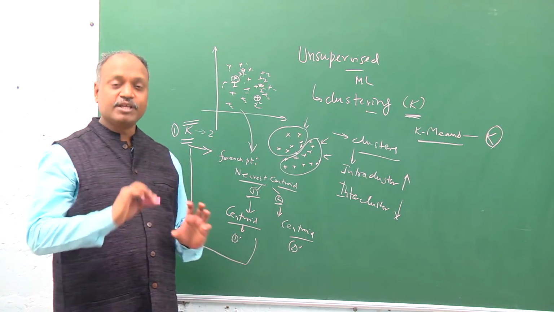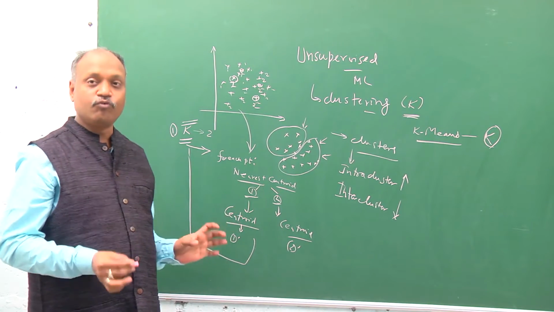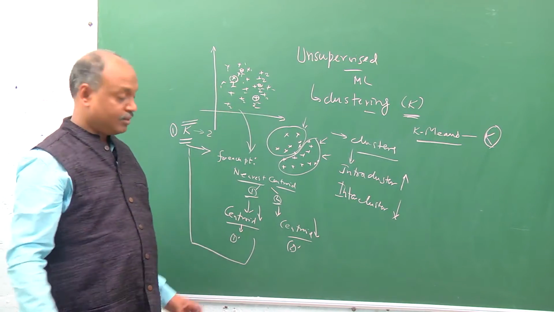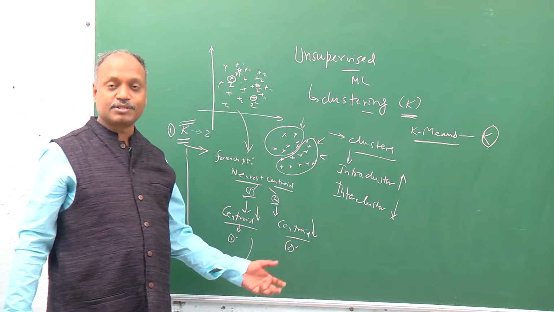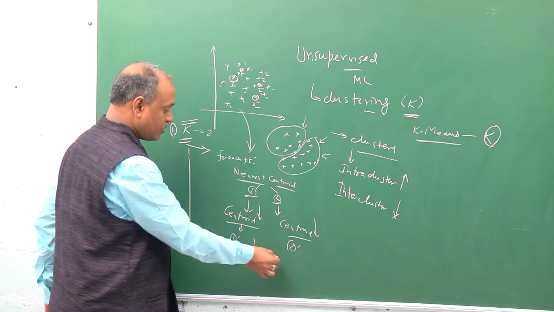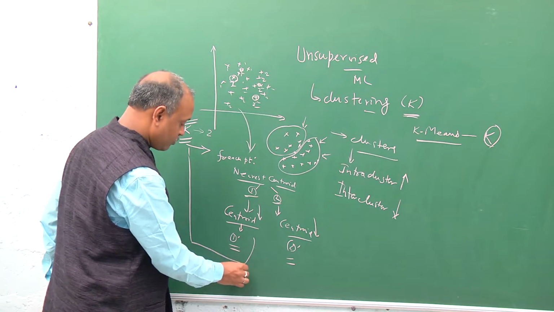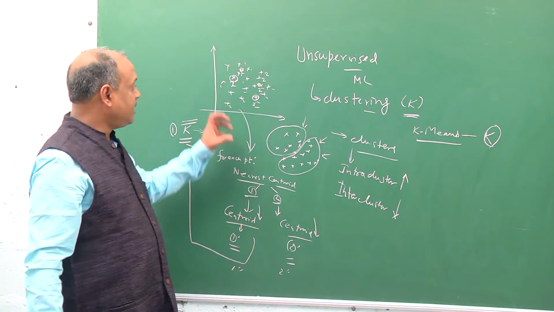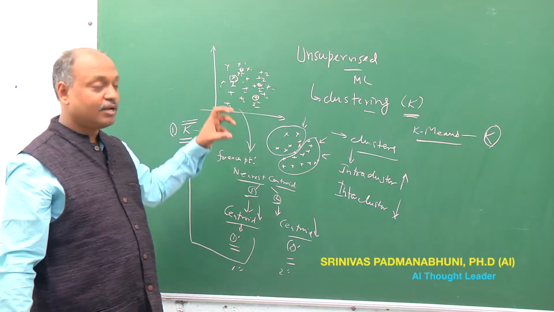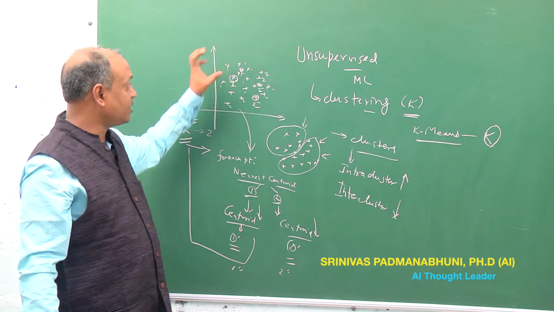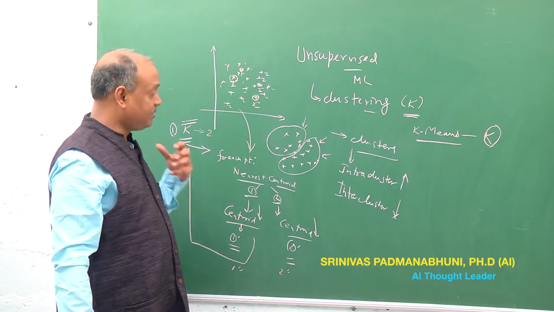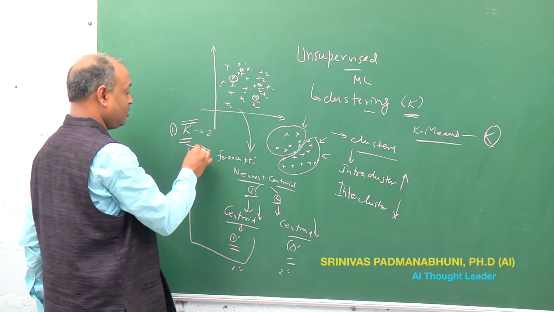Now we have changed the cluster formation to a new formation, right? Now again we compute the centroid of the new assignment. We find the new centroids of the revised cluster assignments, and we get 1 dash dash, 2 dash dash. Then again we repeat the same process, assigning each point to the nearest centroid, in the next loop, and continue this loop till you find that there is no